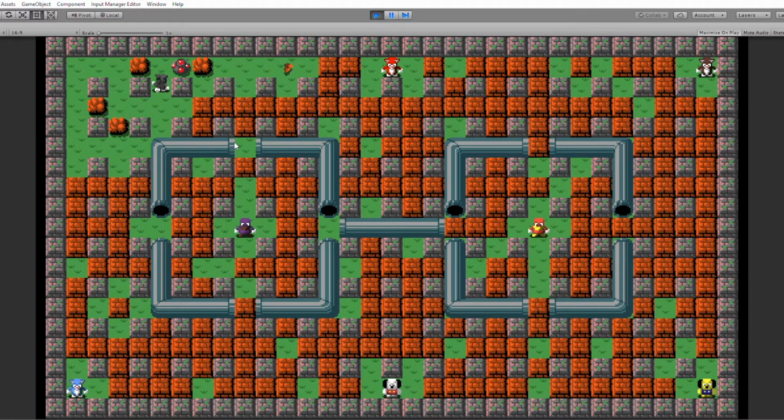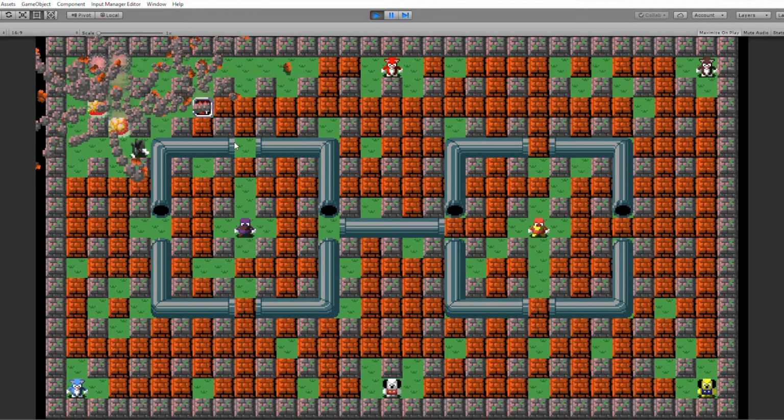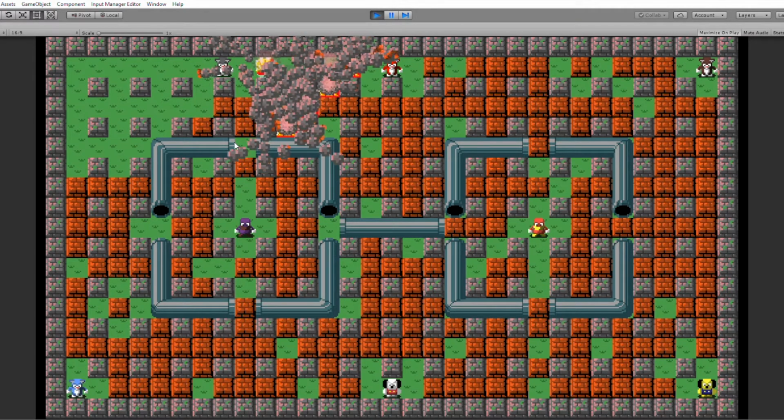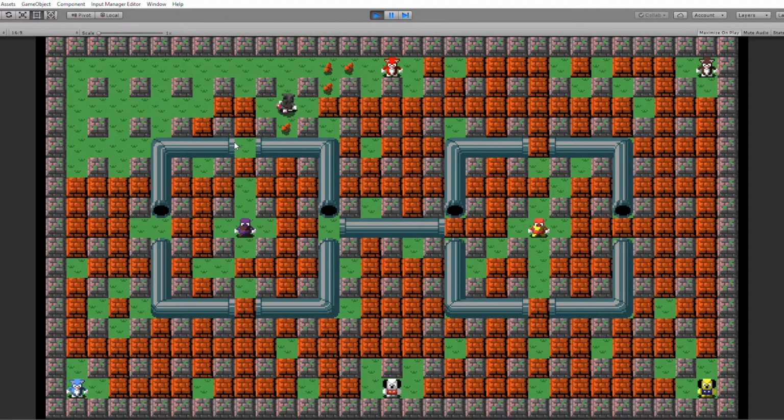You're going to see now it's going to come down here, go around the curve, and come back up here. There you go. Alright, so the next thing I want to show, which is why I want to show this level, are pipes. So I'm going to go ahead and destroy some of the level, and then we're going to get the